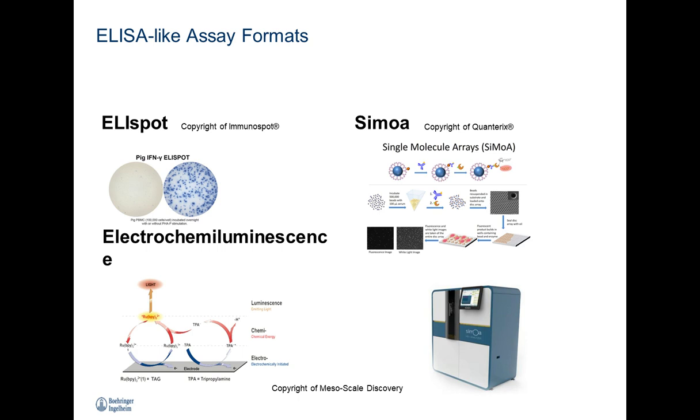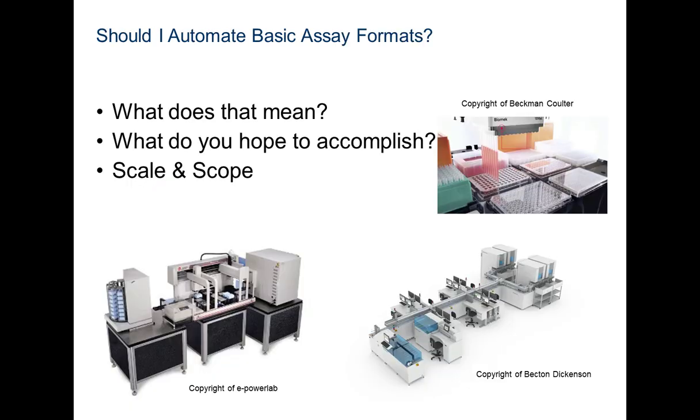Instead of adding a TMB or an ABTS, in order to read an MSD assay, you would add an aprotic solvent, in this case MSD's read buffer containing tripropylamine. So ruthenium, in the presence of an aprotic solvent, with the application of a voltage, produces light. So the basic setup is very similar to an ELISA, but the output signal is luminescent rather than chromogenic or